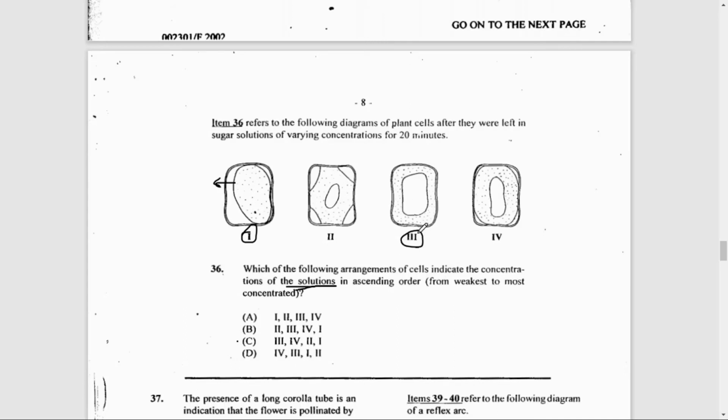So the solution around cell 3 is very weak. The solution around cell 1 is very strong. So this is least concentrated, most concentrated. So the answer here would have to be C. So 3 is the least concentrated, then 4, then 2, and then 1 is the most